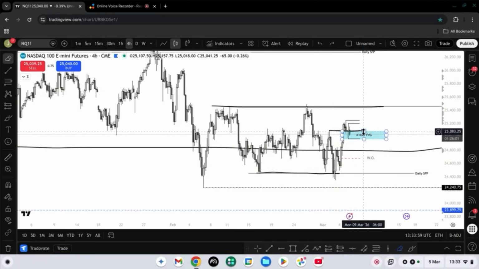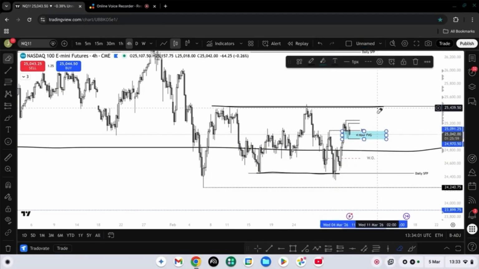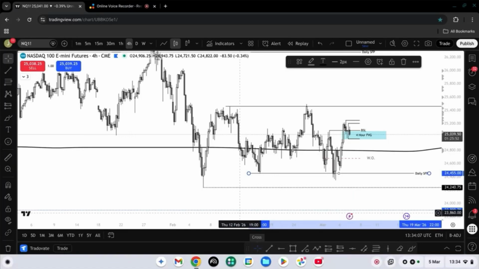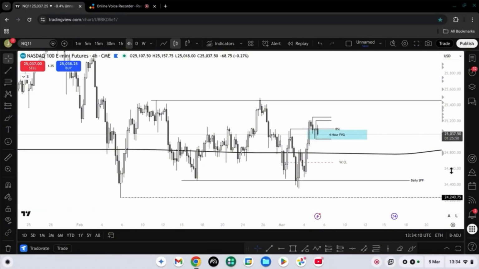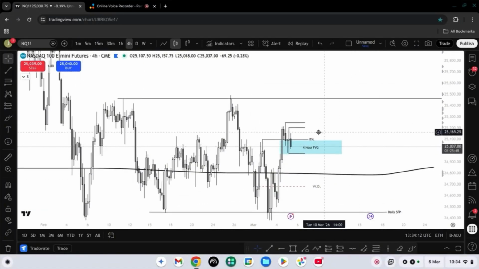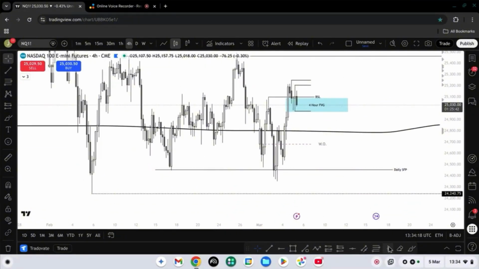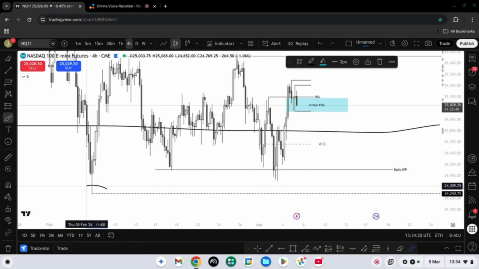Now, what would that confirmation look like? Well, it depends on what type of trader you are. I am an ICT trader, so my confirmation will be an ICT confluence, and that is this 4 hour fair value gap. If we inverse this fair value gap, I might even be tempted to run a swing position towards this lower low down here, this one that's been marked out over there.